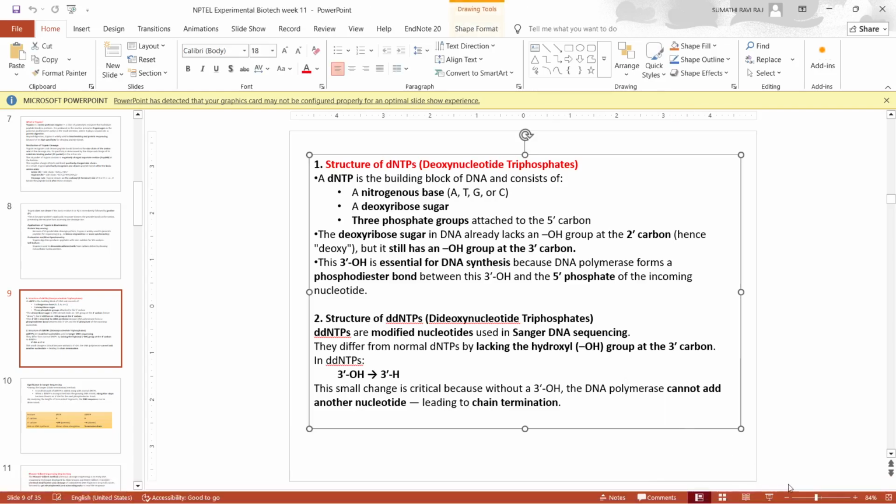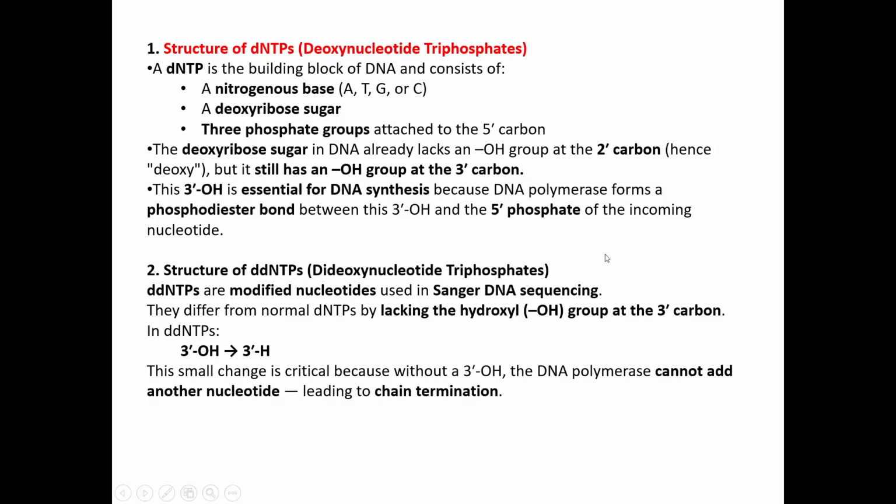So let's continue. The next is regarding the dNTPs. So let's talk about the structure of dNTPs. dNTPs are deoxynucleotide triphosphates, that is, a nucleotide attached to three phosphate groups. So dNTP is basically the building block of DNA and consists of a nitrogenous base, either a purine or a pyrimidine. Then we have a deoxyribose sugar group, and then we have three phosphate groups attached to the fifth carbon